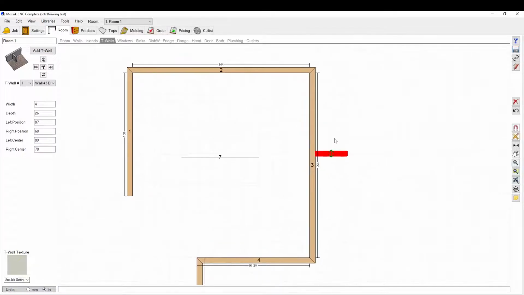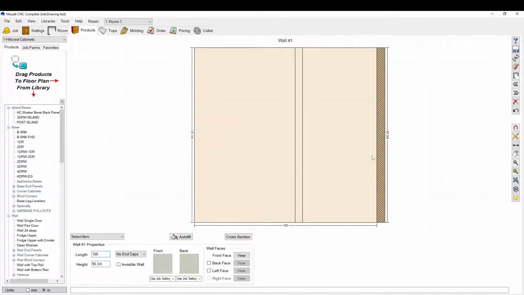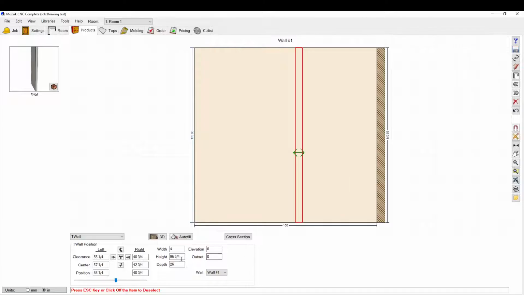And another thing too is if you're going to do a bulkhead, this is silly in my opinion. There should be a real bulkhead function in Mozaik, but there really is not. So the trainers recommend you use the T-wall function, and you drag in a T-wall, and then you go to the elevation view on the products tab. Okay, and then you're going to select your height. My bulkhead's 12 inches high, and then your elevation from the floor is